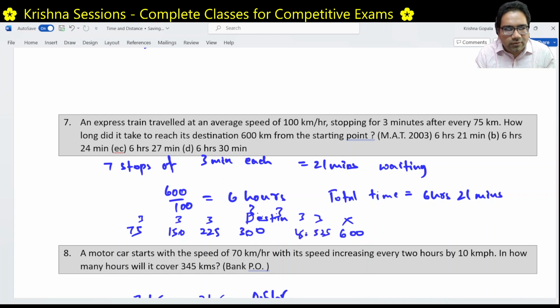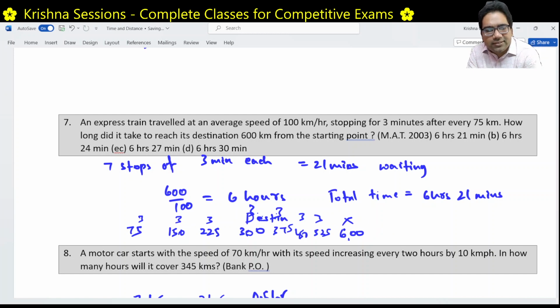525, 450, 375. It is like this. So it will have 7 stops only. It will not have 8 stops. Please note this. 7 stops of 3 minutes, because the total 600 by 75